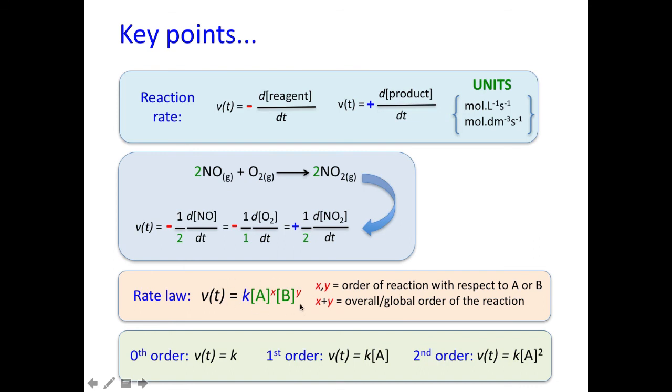obtained experimentally. And now we have some examples of expressions for the reaction rate for a zeroth order, which is this here, so the reaction rate doesn't depend on concentrations. For the first order, the reaction rate depends on the power of one concentration, could be A or B. And second order, we are just showing one of